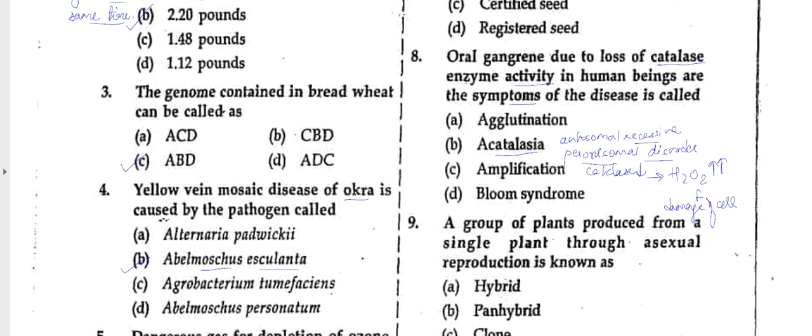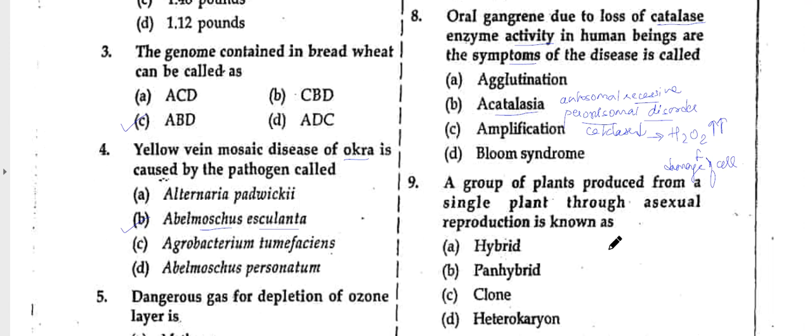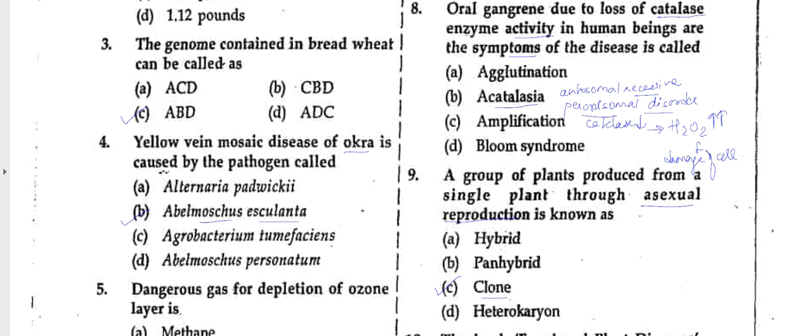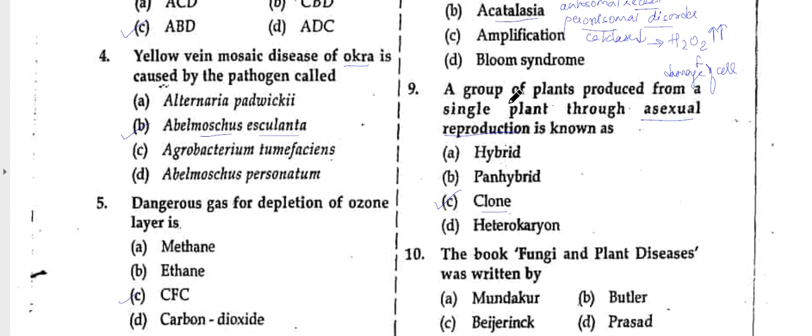Number 9: a group of plants produced from a single plant through asexual mode of reproduction. So this is a clone. Genetically identical organisms will be produced when there is asexual reproduction. There is no mixing of gametes. Next, first of all I would like to let you know about Bloom syndrome also. What is Bloom syndrome? It is the rashes which happen near the nose and the cheek towards the nose. This is due to sunburn. The next question: the book Fungi and Plant Diseases was written by